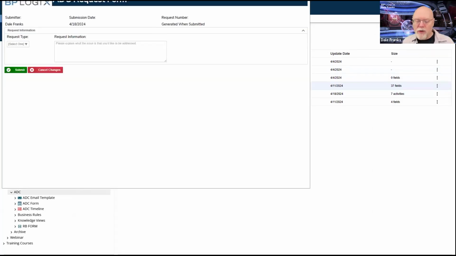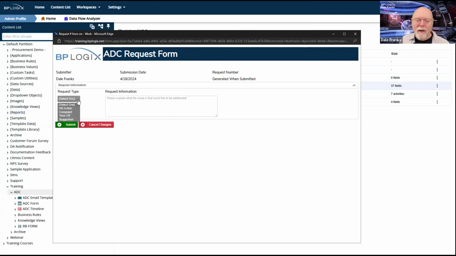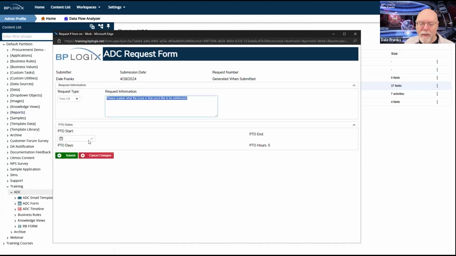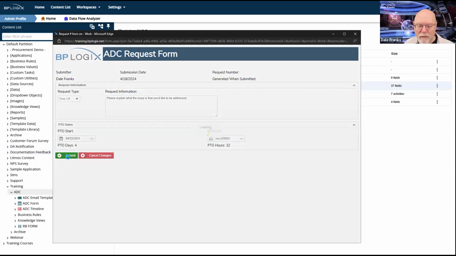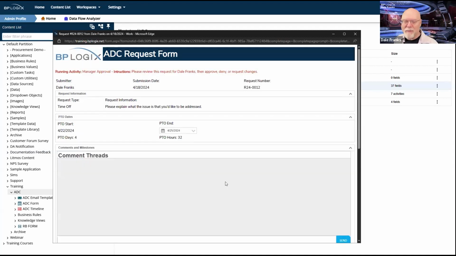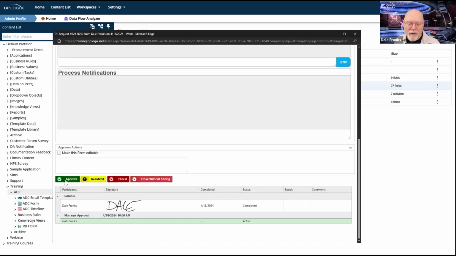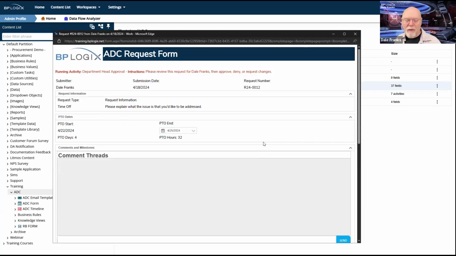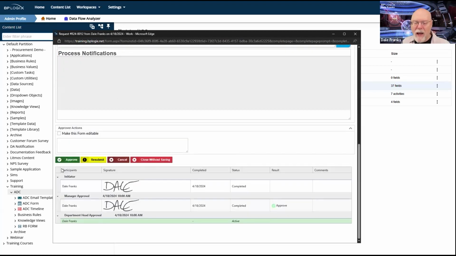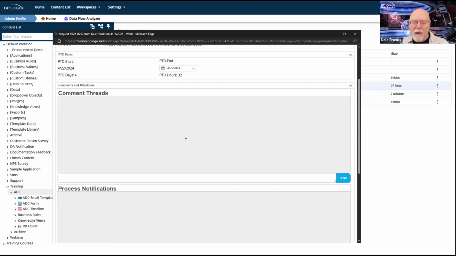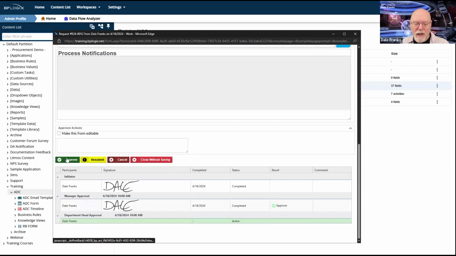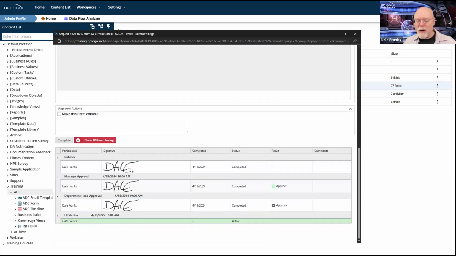So run through 3 on this bad boy. We're going to pick time off. And I have to pick my time off times and days, which on a normal form would be required, or I couldn't submit the time off. So that goes to my supervisor. We know that that's what we're supposed to see. So we have approve, and then we have approve, resubmit, and cancel right here for our manager. Okay, that's what we're supposed to see. So we'll approve that. And then we go to HR for HR action and we'll complete it.